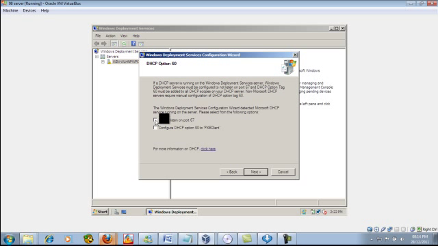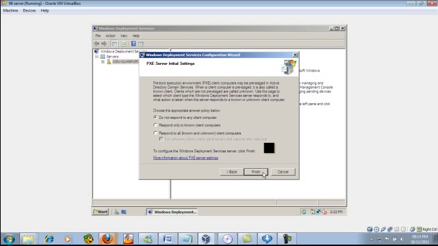Alright, we check these two because we do have a configured DHCP server and we click Next. Alright, I'm going to check this, respond to all known and unknown computer clients again because it is a tutorial. In a different working environment, we may want to do something else. Alright, and we click